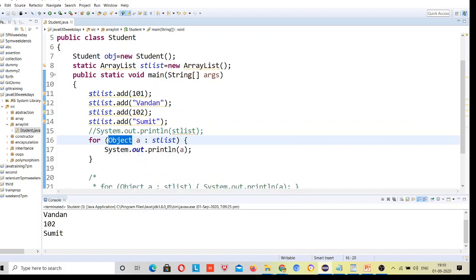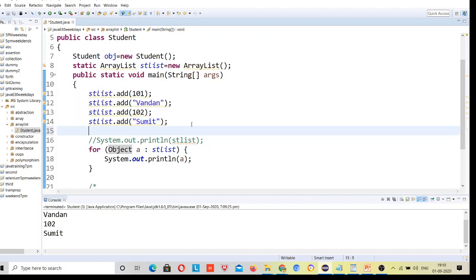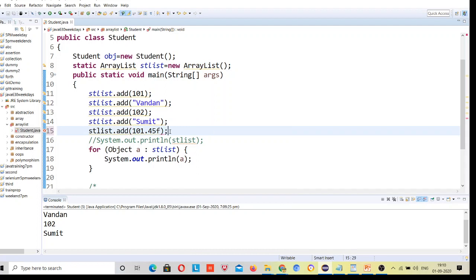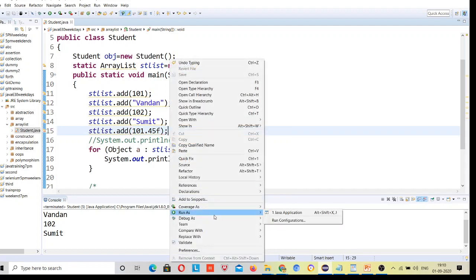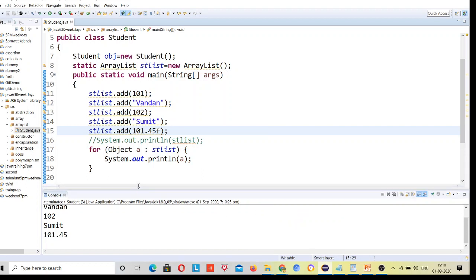Like here, you don't know the type of data it will return. Suppose I add here list dot add and one floating point. Now I'll run this. You can see you have added a floating point number, right?